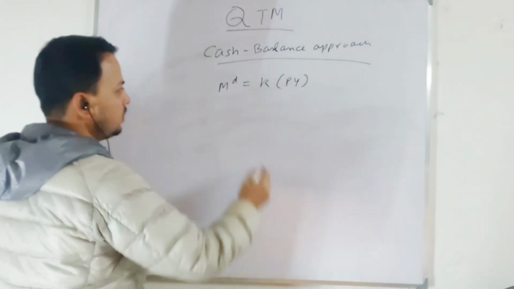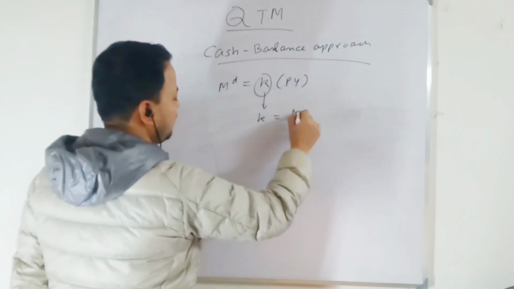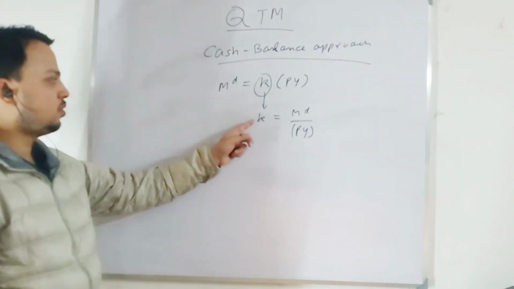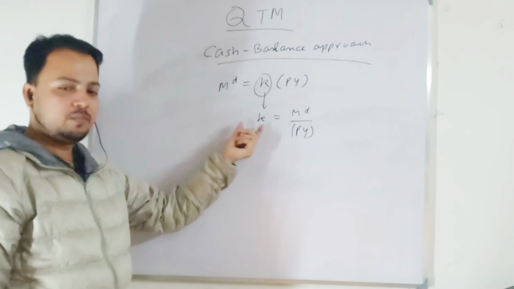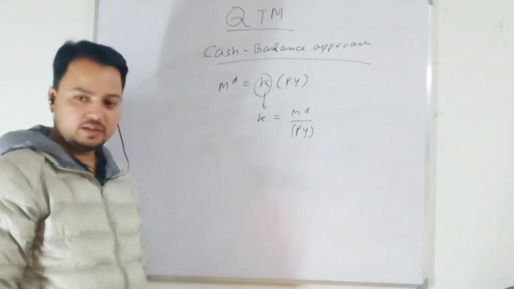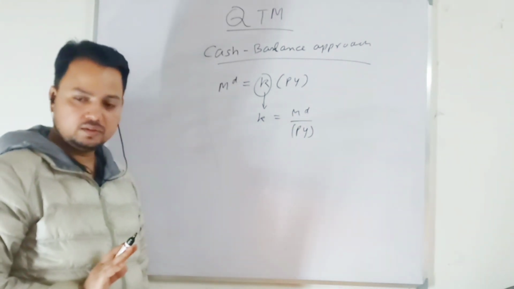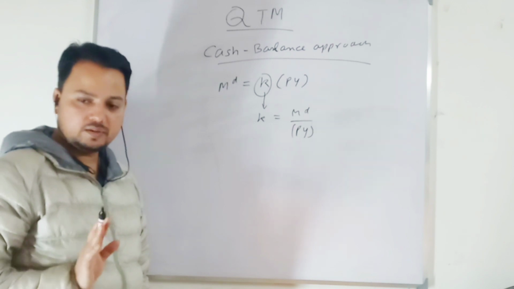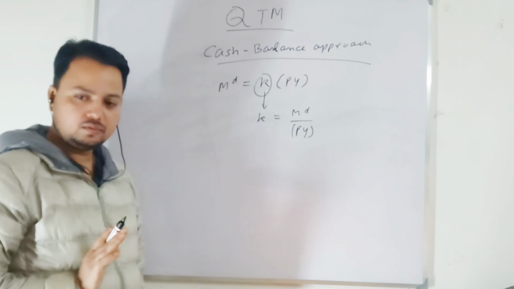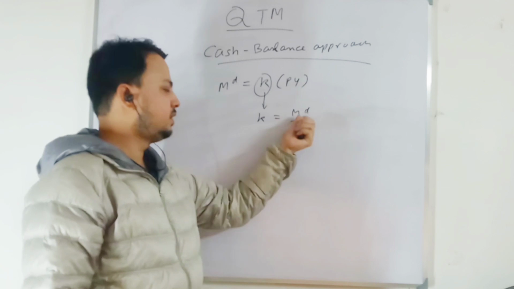So in this equation, what does this K mean? This K means money demand is proportional to your value of output, and this K is constant. We call this the Cambridge constant. This is a proportional relationship between money demand and value of output. When I write it in a ratio form, it is called a proportional relationship. The technical notes that I have given, the technical video, everyone has seen it. So this K represents the proportional relationship between these two.